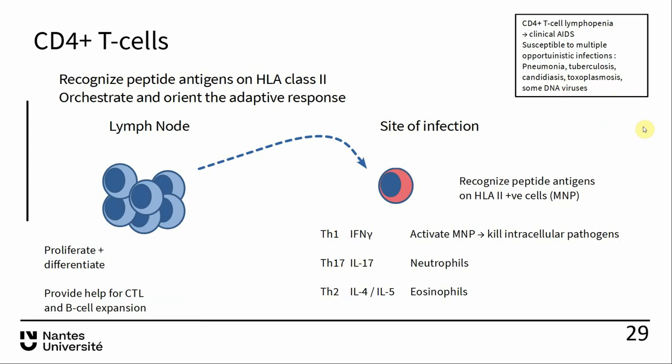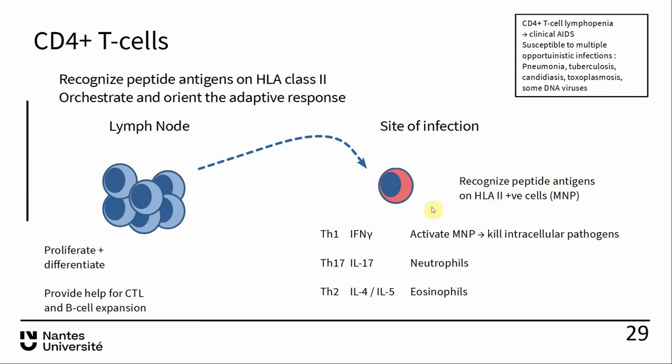So pneumonia, so that's extracellular bacterial pathogen, tuberculosis, an intracellular bacterial pathogen, candidiasis, a fungal pathogen, toxoplasmosis, some kind of protozoan parasite, and some DNA viruses as well can become particularly pathogenic in AIDS patients compared to the general population. So CD4 T cells are really, really essential for mounting effective responses against a wide variety of